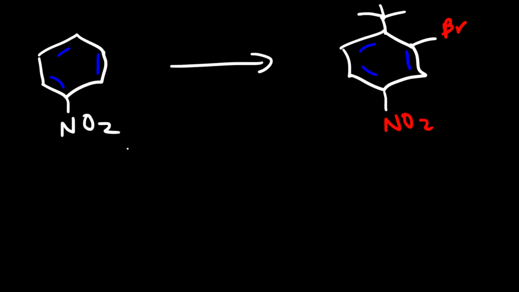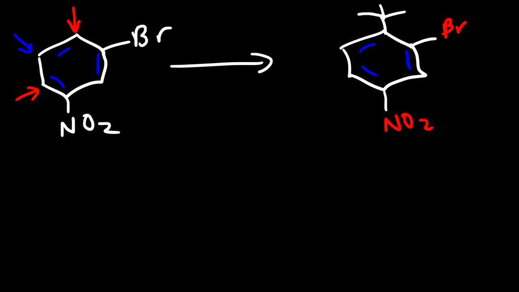If we add the NO2 group first, we know that it's a meta director. So the next thing that makes sense to do is to add the bromine atom. The NO2 group will put the bromine atom in the meta position. Now, the bromine atom will want the tert-butyl group to go in the ortho and the para position. The NO2 group wants the tert-butyl group to go here. Now, bromine is weakly deactivating, NO2 is strongly deactivating, so bromine is more activating than NO2, so bromine's going to